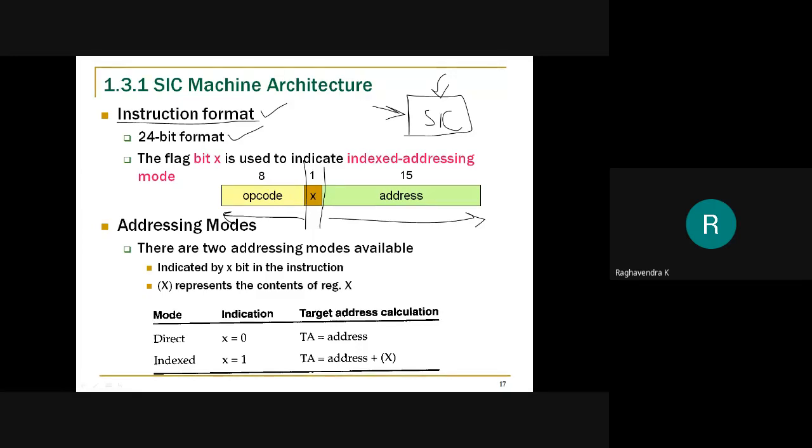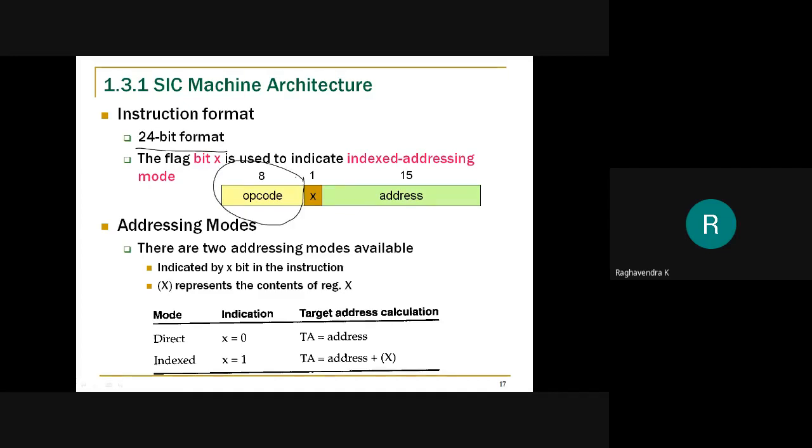I want the computer system to do something for me, so I need to instruct it. So how do I instruct? You simply can't say anything and expect the computer system to work. So what we can do is we can follow the format that is specified by the system. So you follow the format. What is the format? This is the format that the system follows or understands. Format is that you have to use a 24-bit format, and in those 24 bits, in the first 8 bits, you will be specifying the opcode.